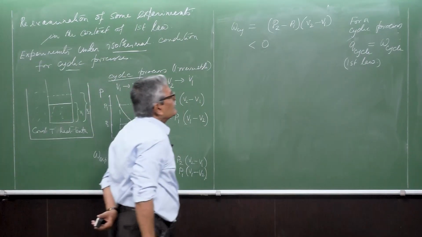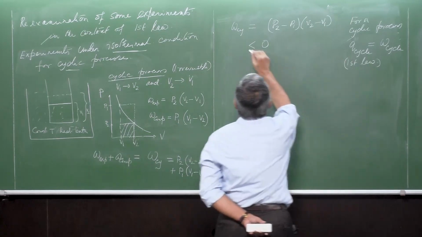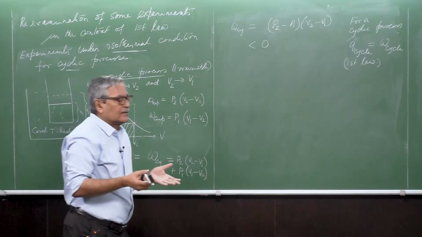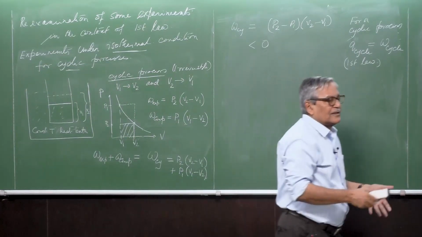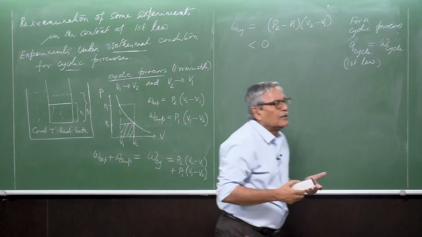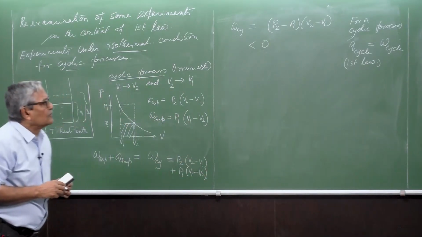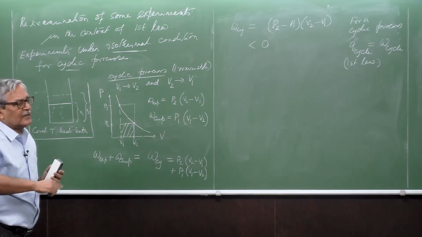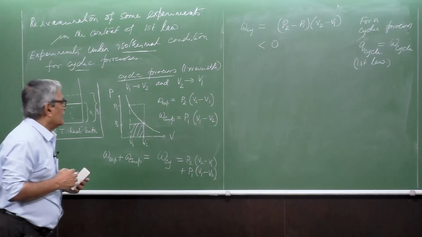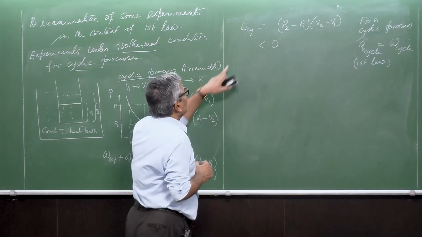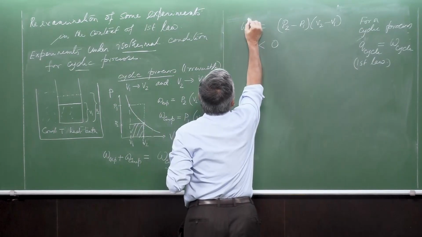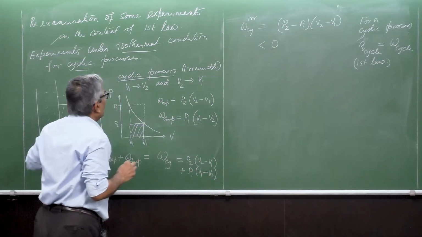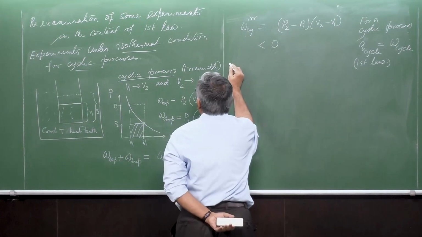So you can see that W cycle is less than 0. So the system really does no work; you have to do work on the system. So you are not gaining anything out of it. You are not gaining any positive amount of work from the system after complete operation of the cycle. So this is for the irreversible process. And if we consider the same under reversible condition,